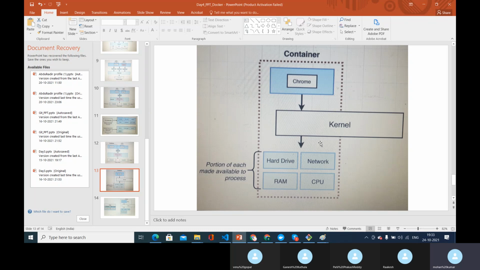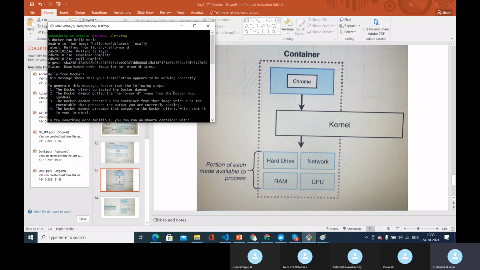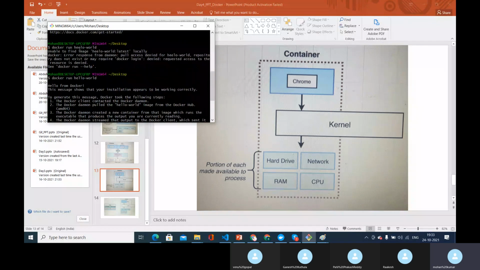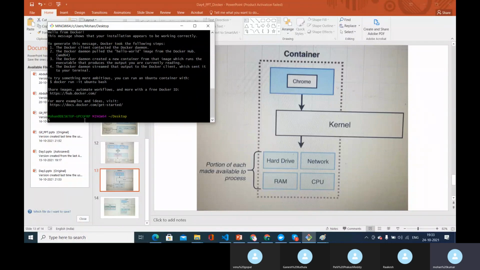Now if you understand this, we will go to the next step. Let's not bother about images yet. I'll also show you how an image looks and how to create an image in a couple of minutes. But before that, let's understand a few scenarios. We understand what Docker run is, right?